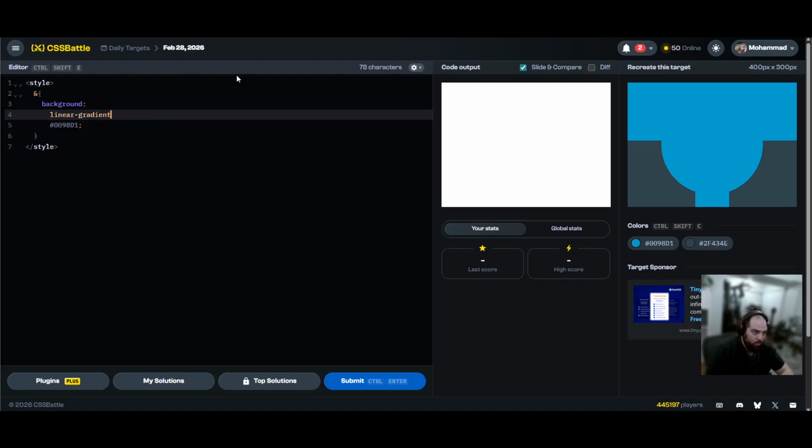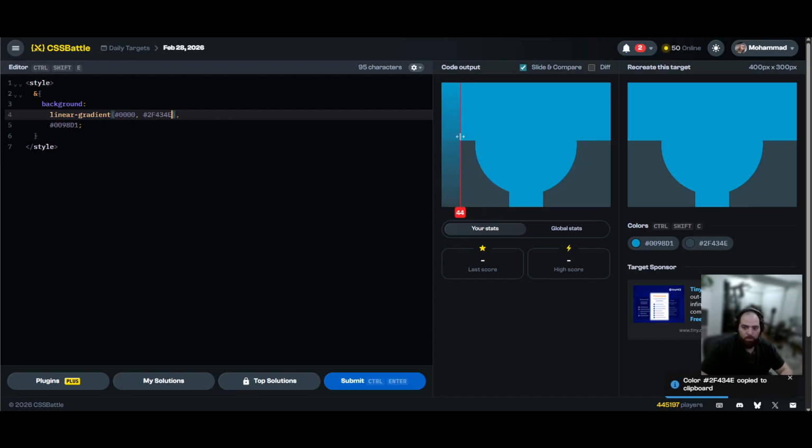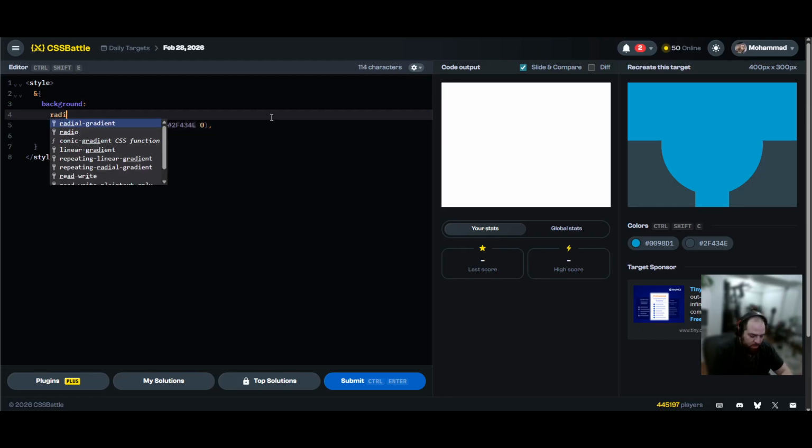Linear gradient. Okay, we're gonna go from transparent to this color, I think. So yeah, we'll go 140px, and then here we'll just put 0, and then we could just kind of leave it there. And then on top of this, we have a radial gradient, and this one is going to be